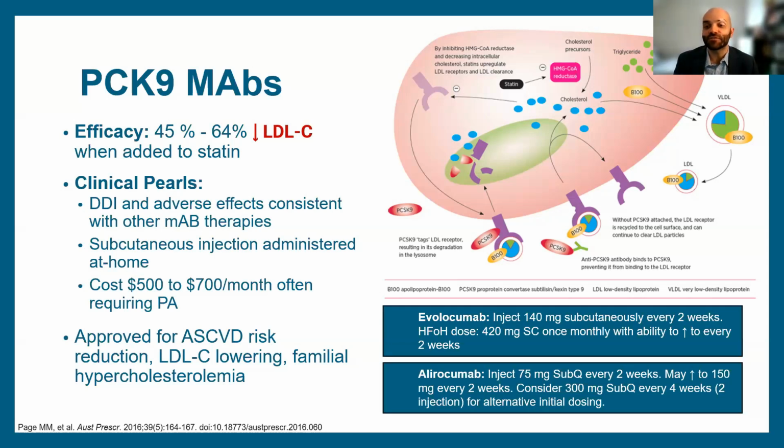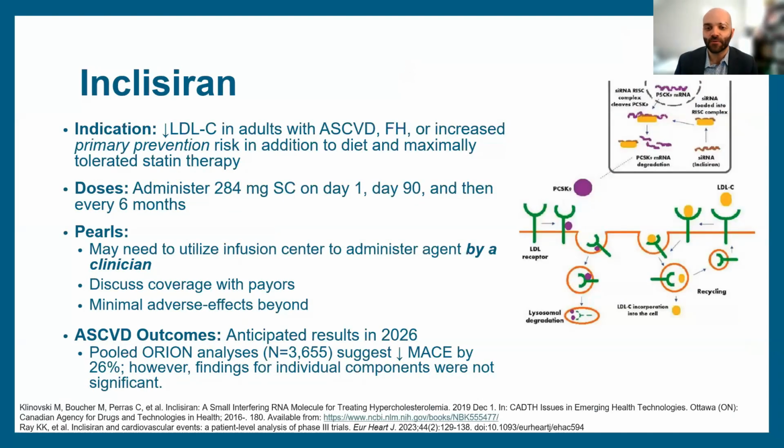Most insurances require use of ezetimibe first, just from a cost saving standpoint, to ensure the patient's still needed. But if you do this and a patient's still elevated, this is appropriate treatment in people with established ASCVD, for example, or those with a familial history, or those just with an increased risk that we need further decreases on. But that's an at-home injectable.